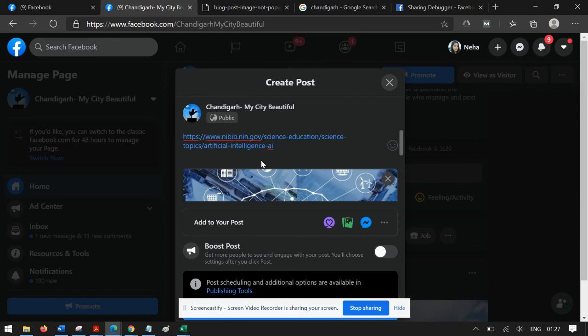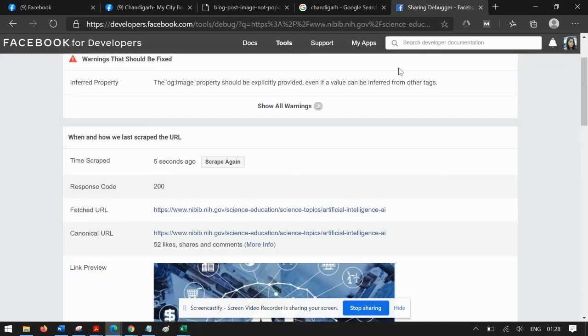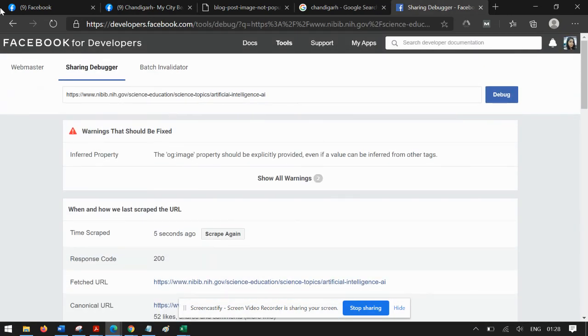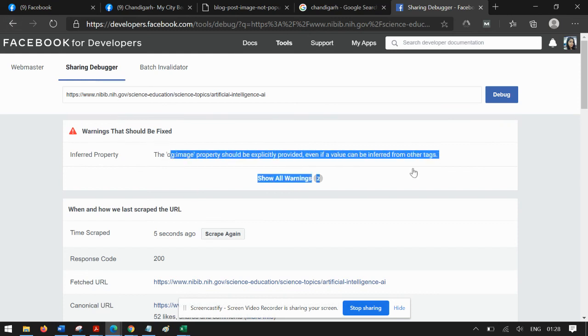But for now, if you are also seeing such an option where it shows that this URL is blocked by Facebook, you can try debugging it. I'm sure it might fix this problem, because I have solved it in the past and it really worked for me. And make sure that your open graph data is not having any warning. Like in this website, it's not my website, I've just picked it up, it's a government website in any way. So there are certain warnings, and if you find any warnings, try to resolve them and make sure that everything is in place, and I'm sure you won't get any issues.